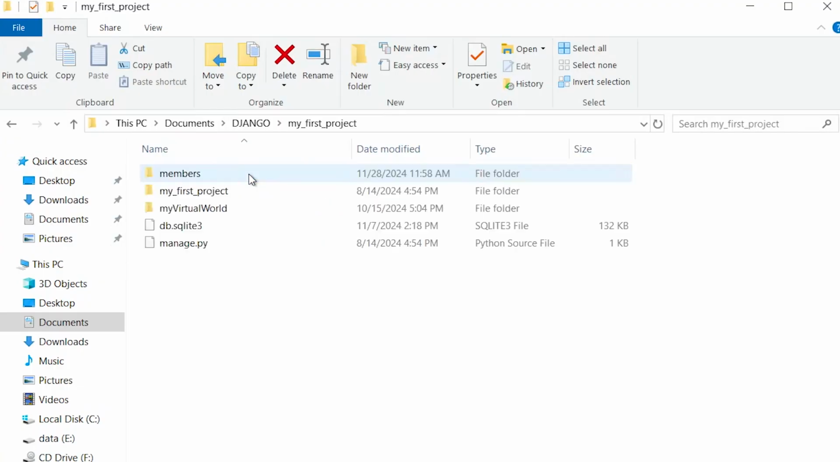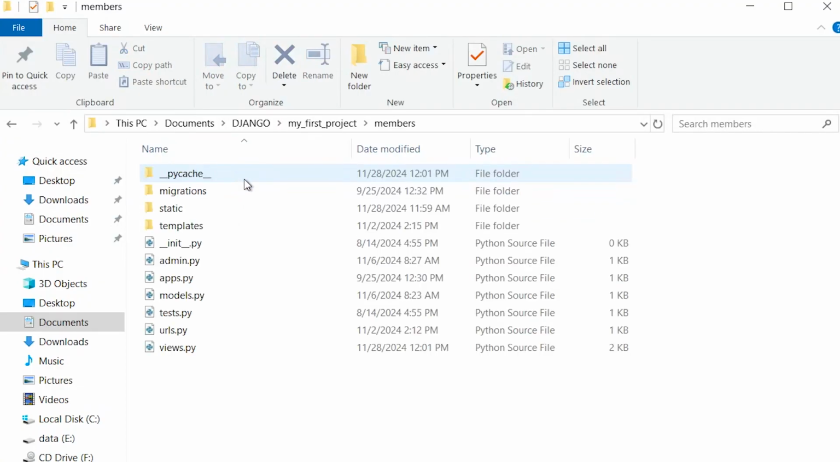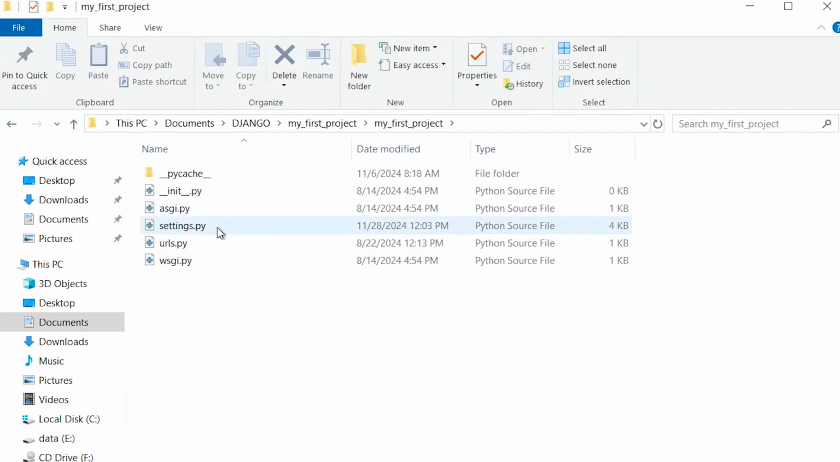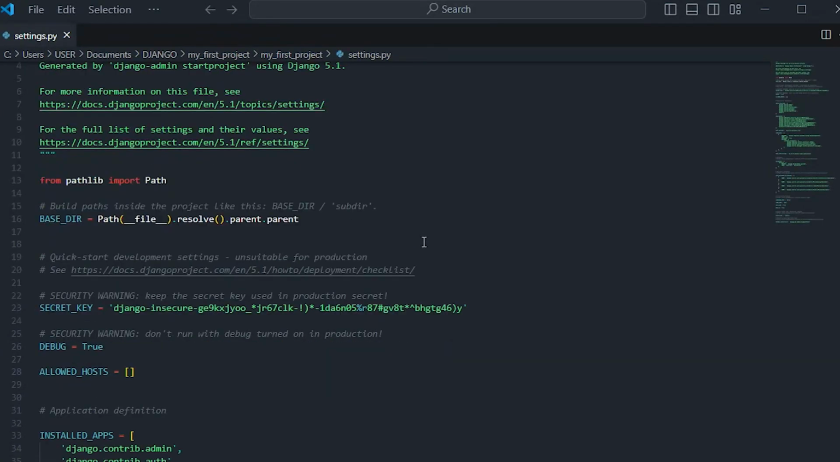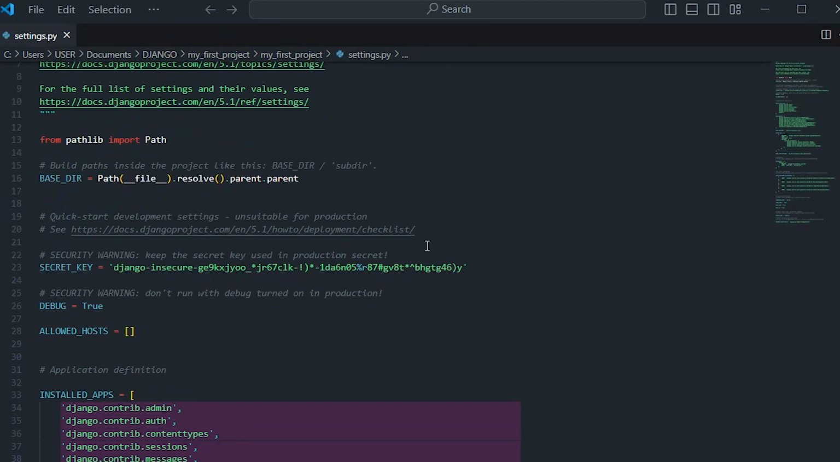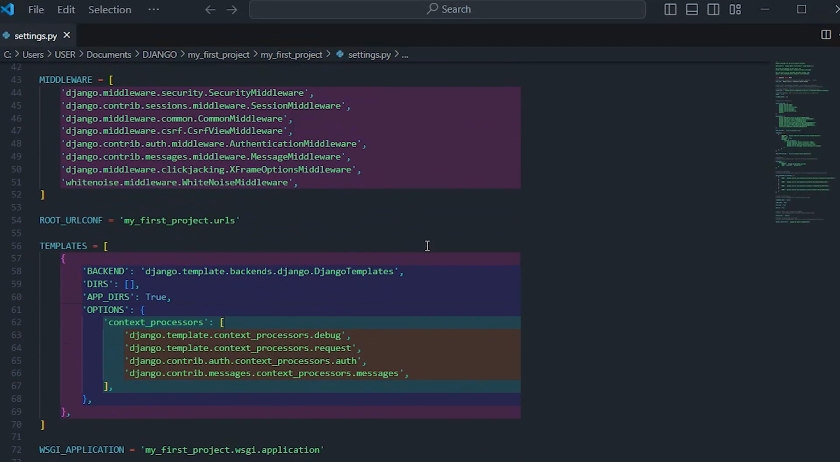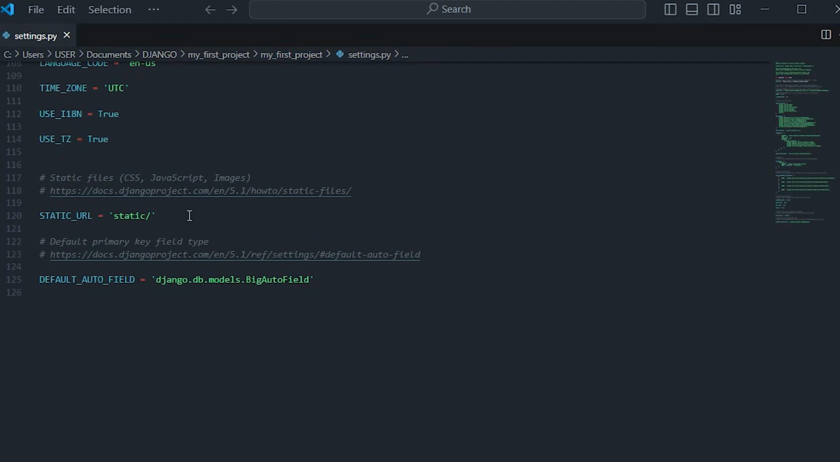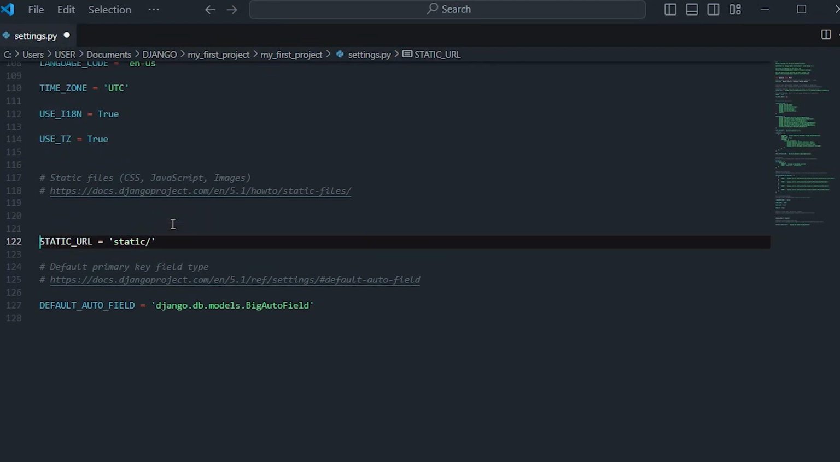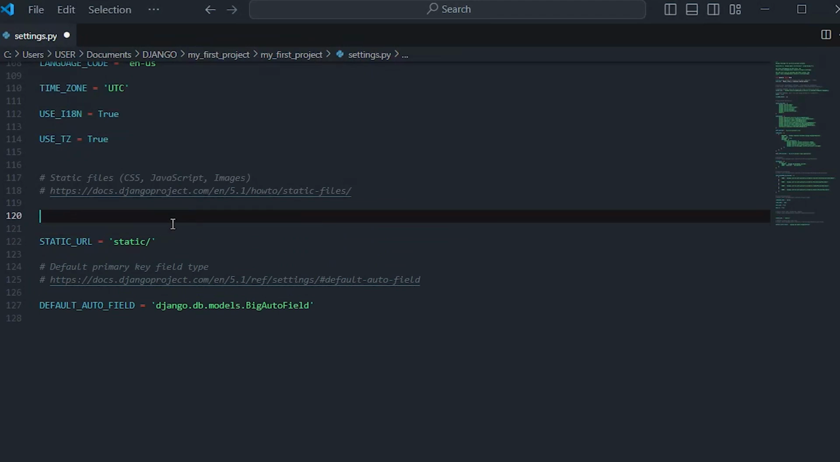So let's go ahead to my first project, go to members. We're looking for settings.py, which I mistakenly had in the wrong folder. Now, when we're in it, we're going to scroll down and look for STATIC_URL. So let's scroll down. Okay, we have it over here, STATIC_URL. And up here, we're going to add